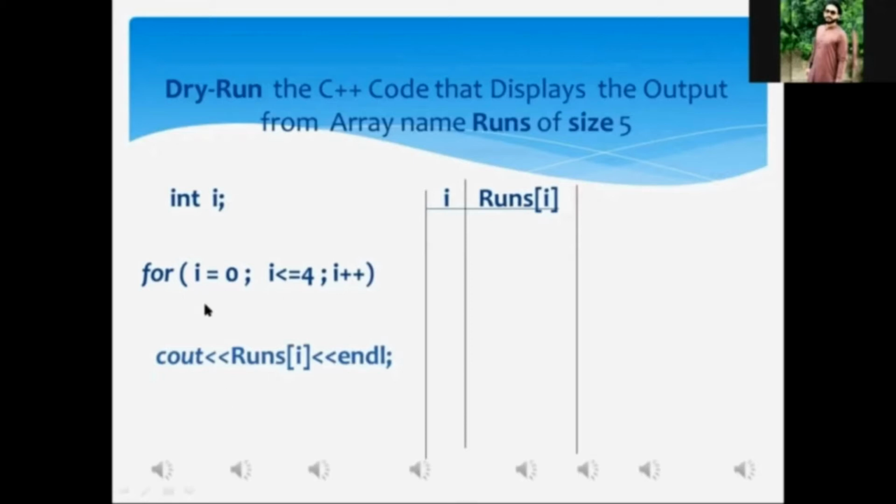When we execute this C++ code, the control of execution will be shifted to the very first statement. That is the highlighted statement, int i;. This statement is the declaration statement of the loop variable i. Did you get it, my dear?